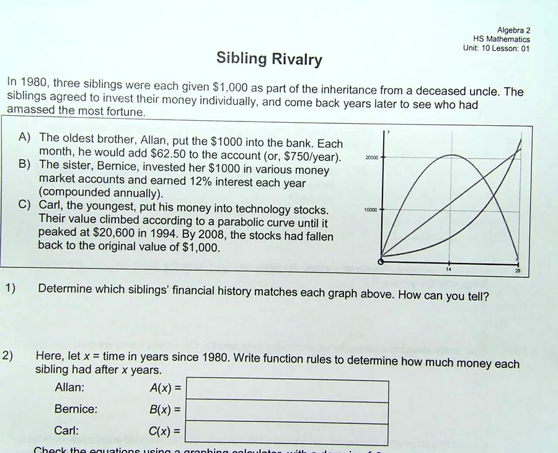In 1980, 3 siblings were each given $1,000 as part of the inheritance from a deceased uncle. The siblings agreed to invest their money individually and come back years later to see who had amassed the most